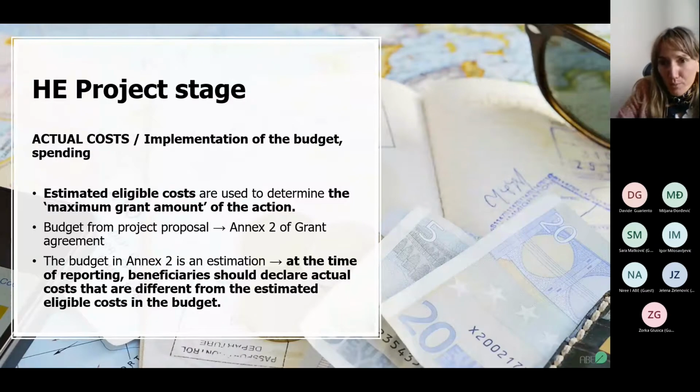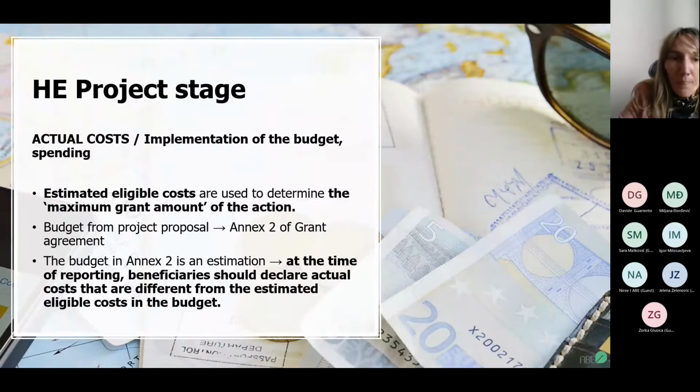Okay, we're done with the proposal stage, so we are coming to the project stage, which is directly connected to the proposal stage. And here these costs are not estimations anymore. These costs are now within the project stage. They are actual costs. So here we have a spending or implementation of the budget. Our estimated eligible costs are used to determine the maximum grant amount of the action. So the budget from the project proposal, the estimated budget, is now in Annex 2 of the grant agreement. And at the time of reporting, the beneficiary should declare actual costs, so not the estimation anymore, that are different from the estimated eligible costs